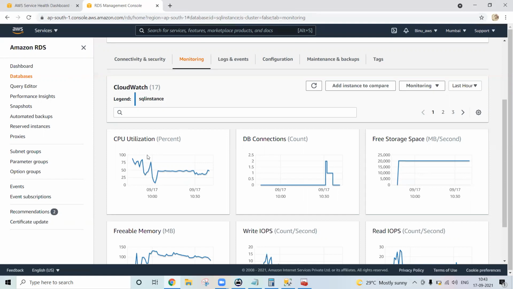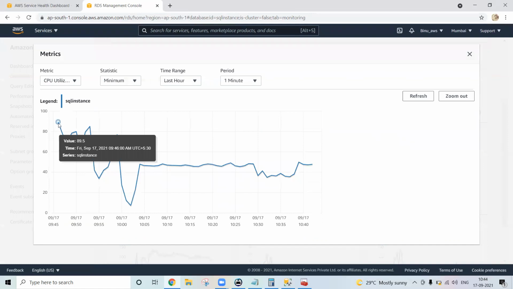Let's see, here CPU utilization is how much percent? 89%, right? Once we enable enhanced monitoring, under that we will show you what other processes are utilizing the CPU, so that it went up to 89%.